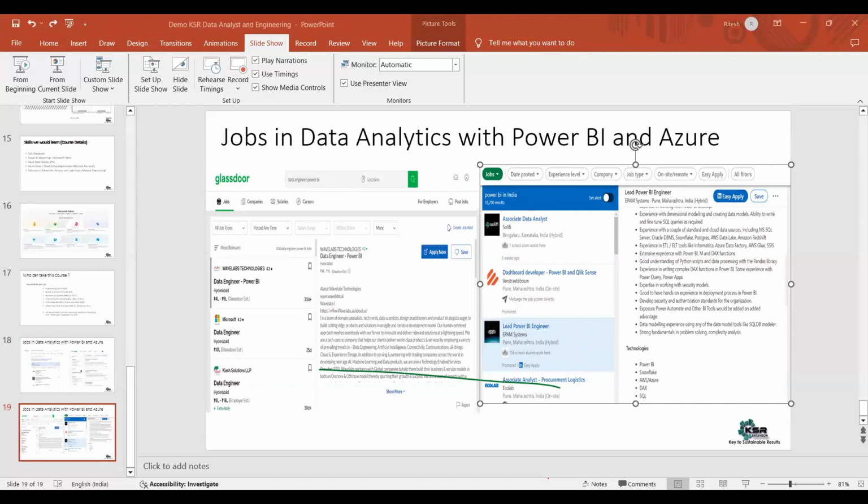The question is, many people will ask only if a project would be covered. There are sessions which are conducted by many other institutes for 2 days or 1 day on how to cover a project. See, if you learn basics of Power BI, creating a project is very easy. The question is, you should learn how Power BI works. That is first important. We would be covering projects. I have multiple data sets which would be used for projects that I would be sharing at the end of Power BI, at the end of Azure sessions for the projects.